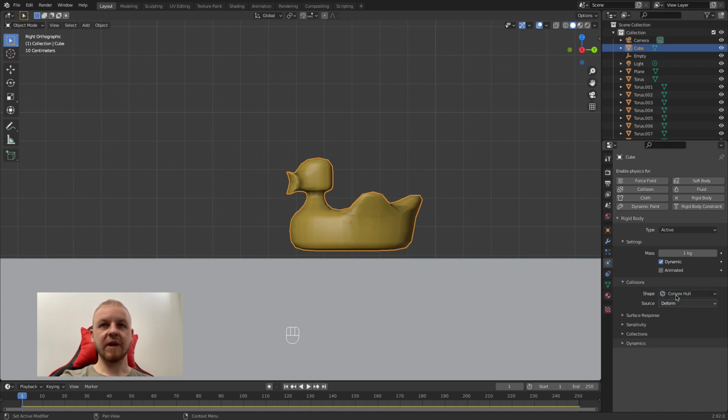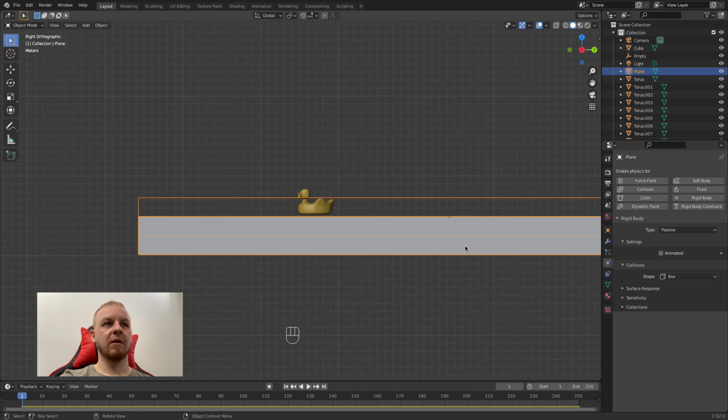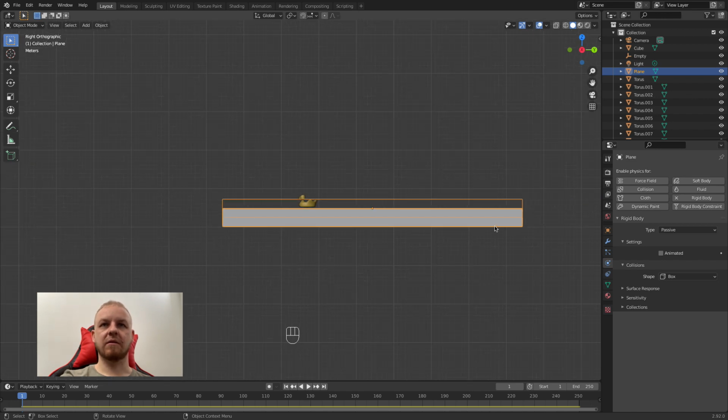So if it's not a shape like cube or sphere or something with holes like a chain link, use this convex hull. If it's something simpler, you can instead of convex hull check box, for example, but we have